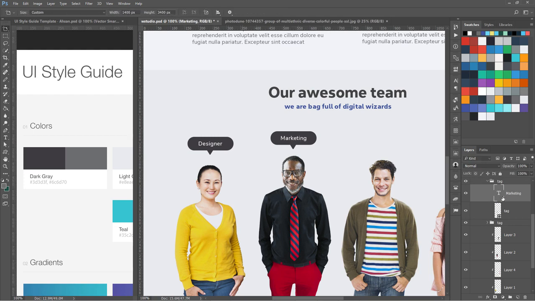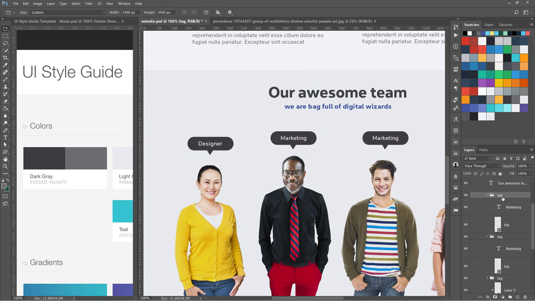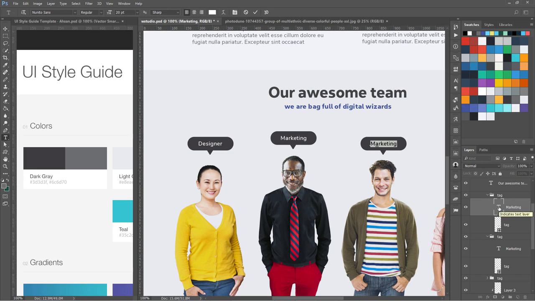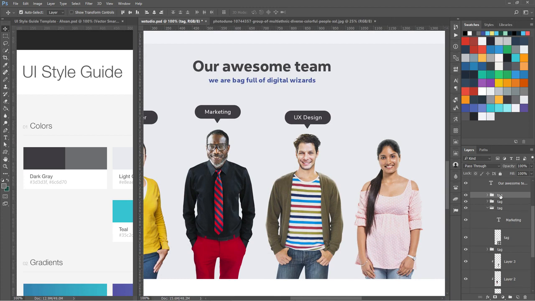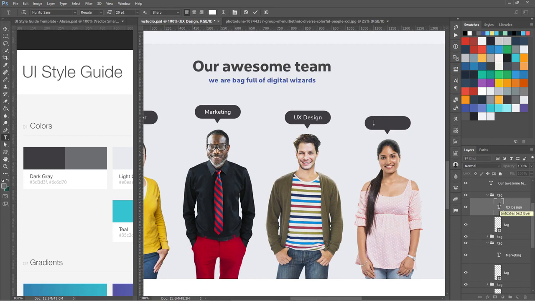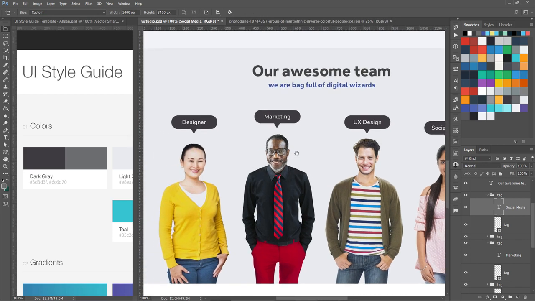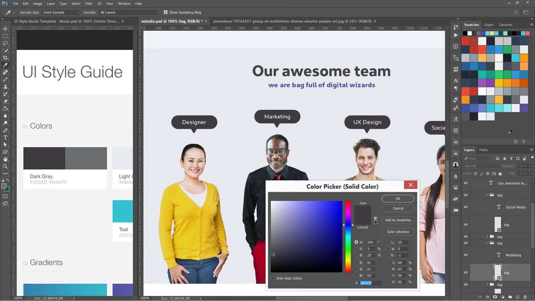Okay, so then we have another tag which is going to be for this person, and now I'm going to move this a bit down and a bit on the right, sorry, and this is going to be our UX design team member, and let's move this in the middle. Okay, so this is how we are doing some creative stuff over here. Okay, so this is how I have used all these tags, and now for highlight I'm going to use this